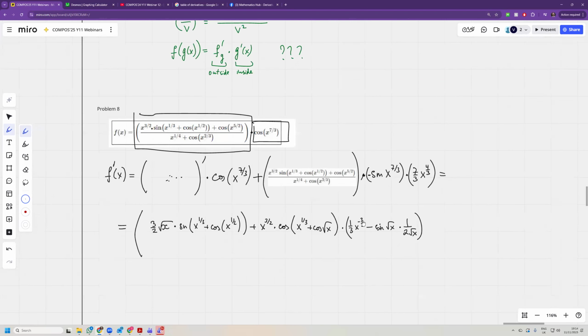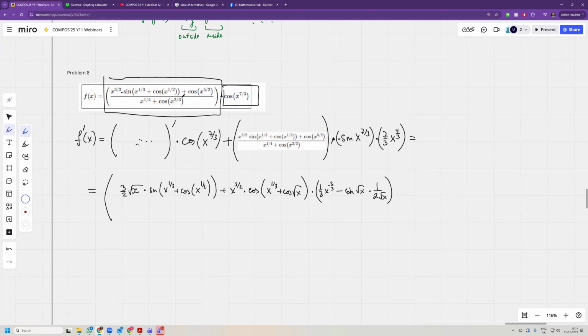And then that's the derivative of this bit,